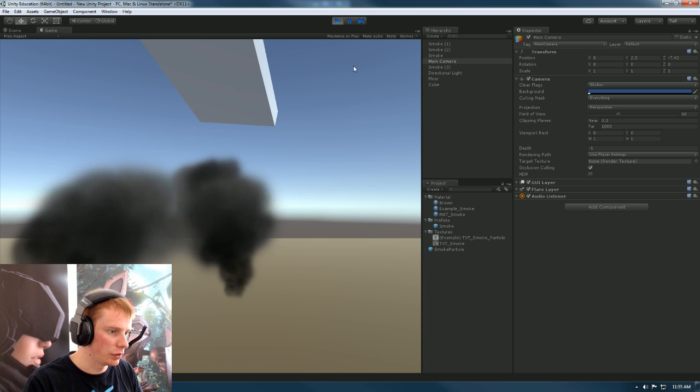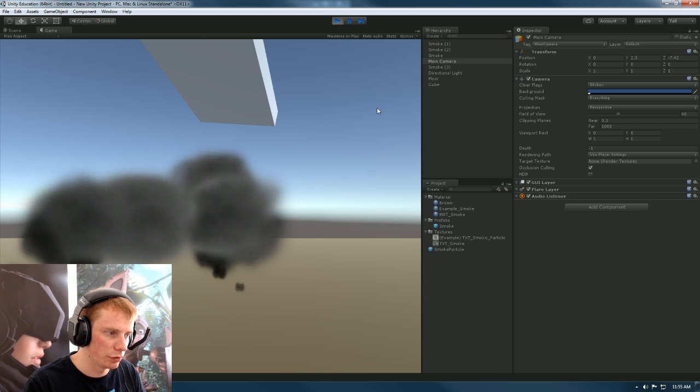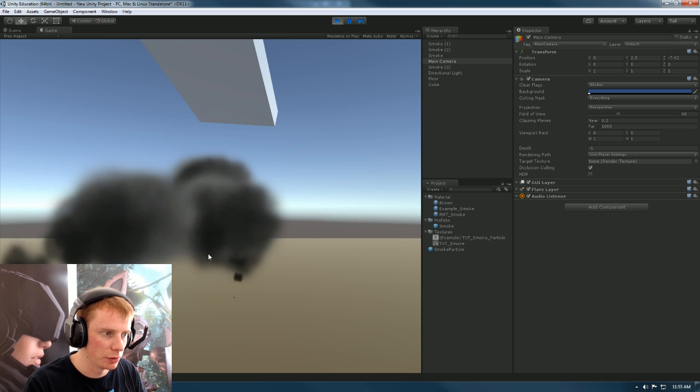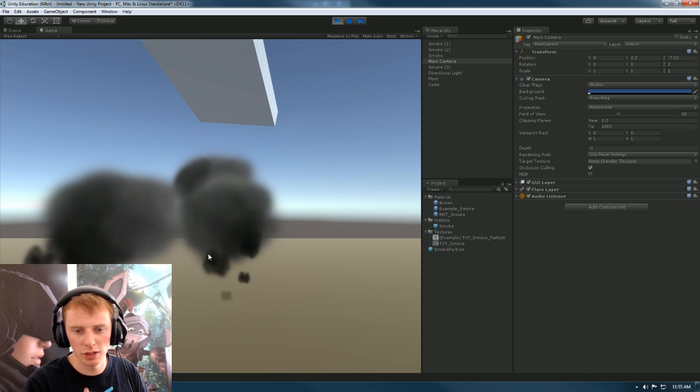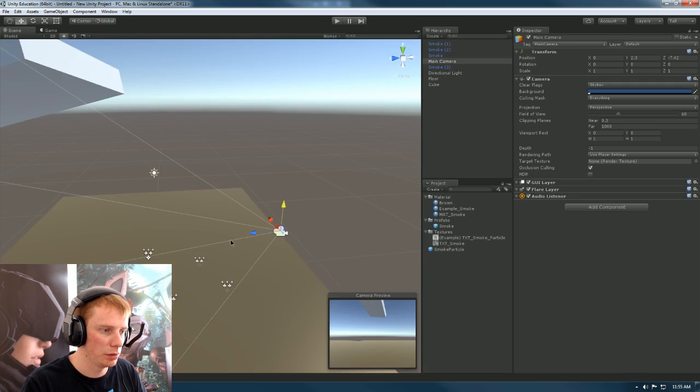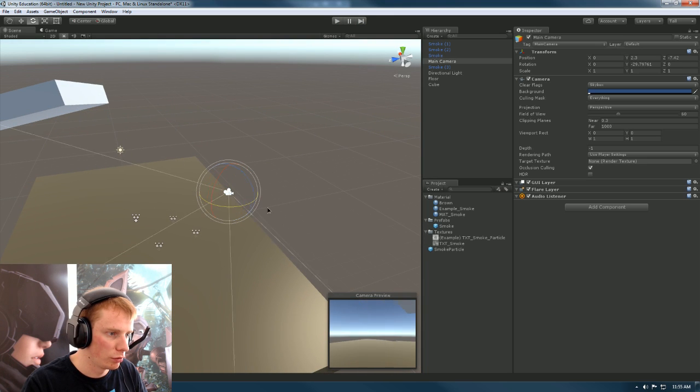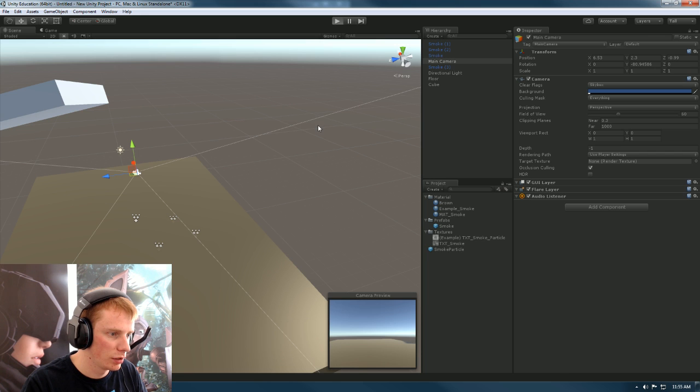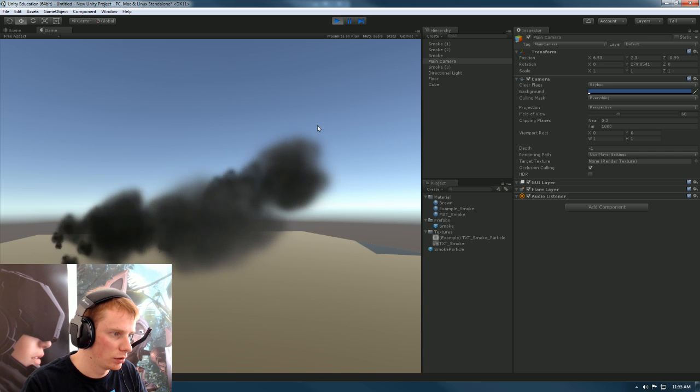There you go. So you see the smokes now all firing off from all the different ones. You can see there's a few different particles, but ideally you would want it to tailor to what the camera's going on. So maybe if I grab my camera, rotate it, and then just flip it over here and have a look, you'll see a bit more of it